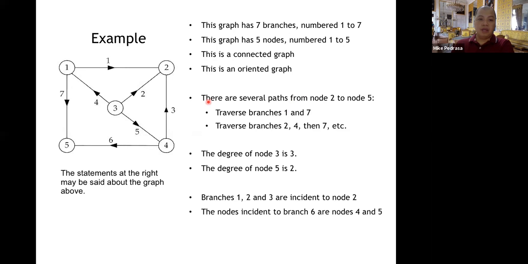So here, if we look at nodes 2 and 5, there are several paths that we can take to get there. We can go this way, branches 1 and 7, or branches 2, 4, and 7. We can also go this way, 2, 5, and 6. We could go 3, 5, 4, 7. So take note that there are several ways to get from node 2 to node number 5. So marami yung paths, etc. Kaya meron tayong etc. dito. Okay? Now,